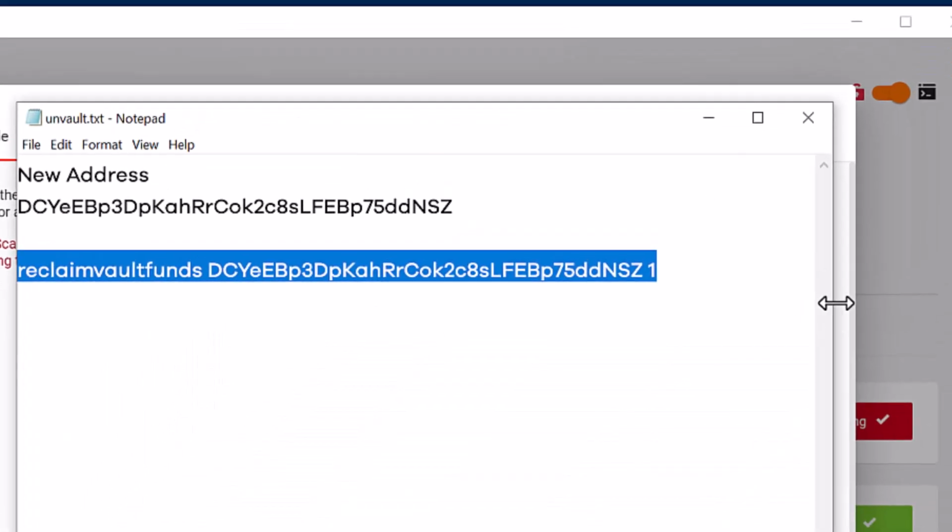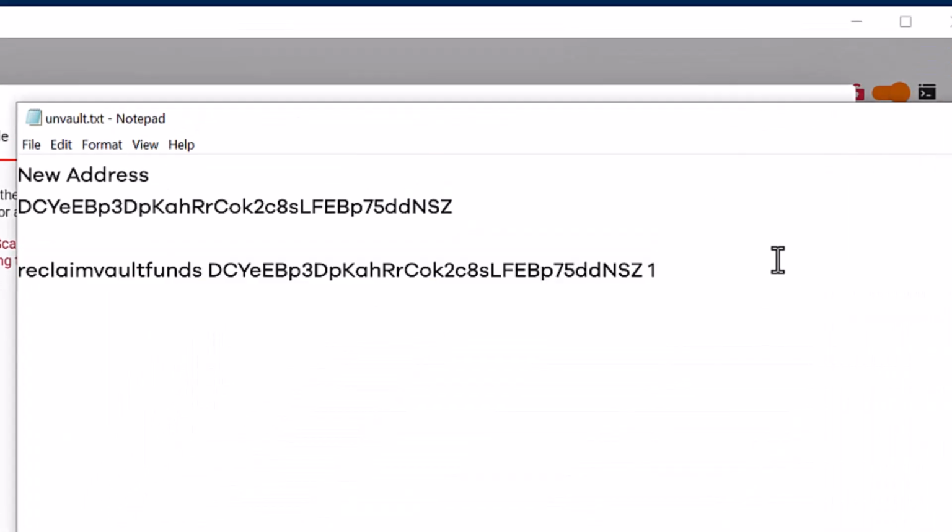Let's make this bigger. If I simply add sweep funds, you see that? There's a single space after the 1. There's a space in between the Z and the 1. But if I add this double quote right after that, and then the sweep underscore funds in here, close with